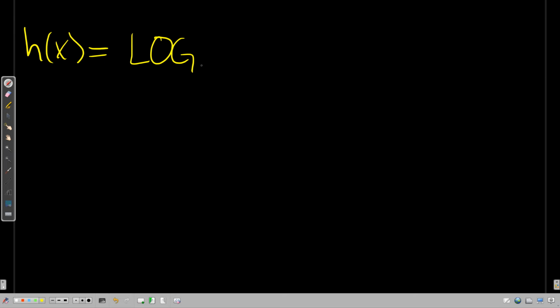Log base, I don't know, 6. Now let me do a prime number for whatever reason. Log base 11 of x squared minus the natural log